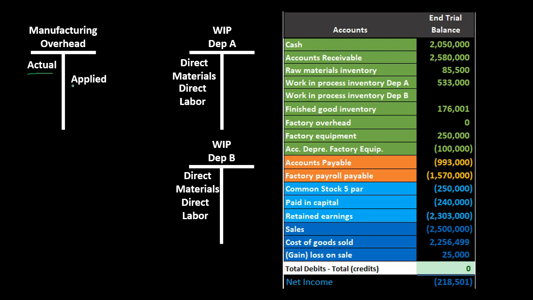We'll talk more about that later, but we're going to apply it out. So now we're going to be reducing the manufacturing overhead. And again, the manufacturing overhead would be increasing by what? All the stuff we couldn't apply to the department. So anything in a book problem that says factory this, factory that, and we can't apply it to Department A or Department B, we're just going to dump into manufacturing overhead, then use some type of estimate to apply it